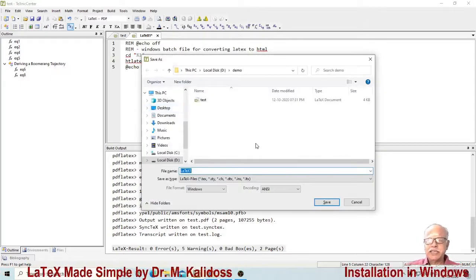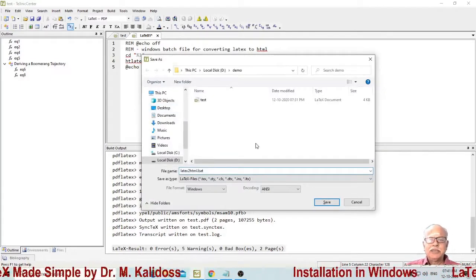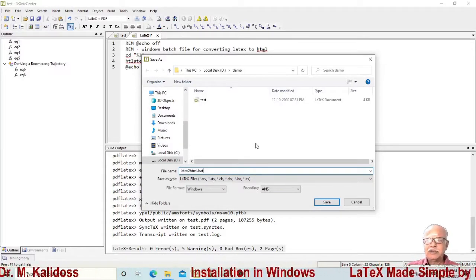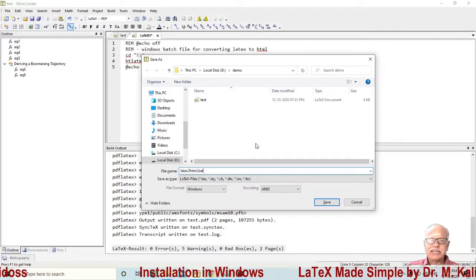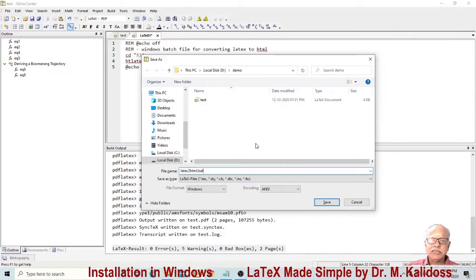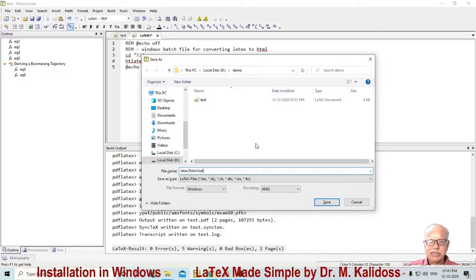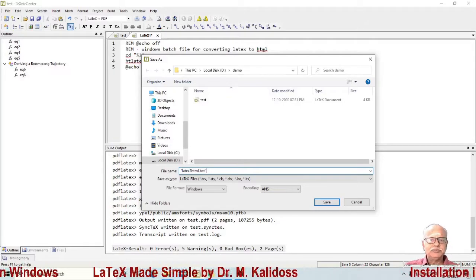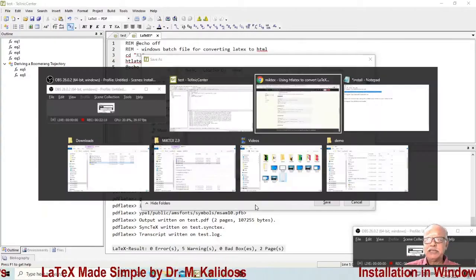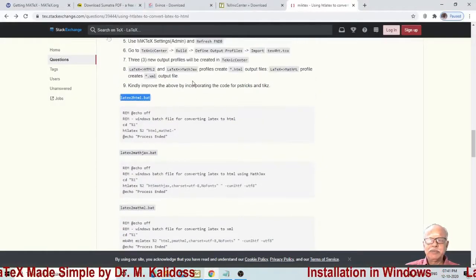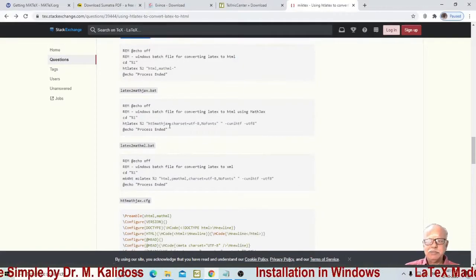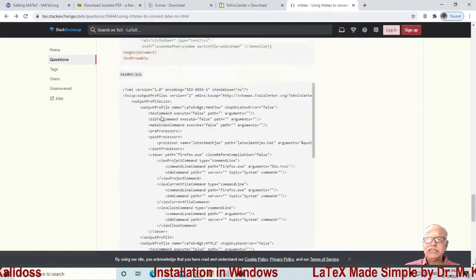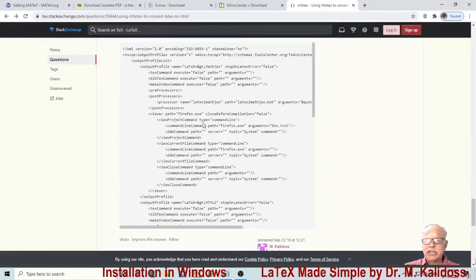when you say save, if you simply give this name, it will save it as latex to html.bat.tex. Automatically it will supply the extension tex. Therefore, give this within double quotes in the folder mentioned in the web page. Do the same thing for 3 batch files, 3 configuration files, and there is 1 TCO file. You download it somewhere.